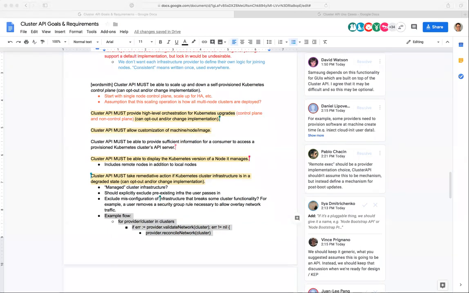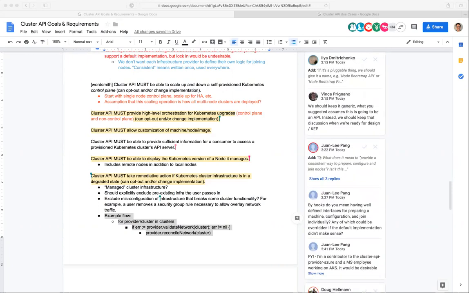Yeah, and some implementations may not have a networking component whatsoever, right? At least as far as the user is concerned, they may not need one. Like in GKE, I don't have CNI, and there's just a name of a network that I use. You could imagine you could build a provider on top of GKE that just assumes some default network, and that's the only choice that you have.